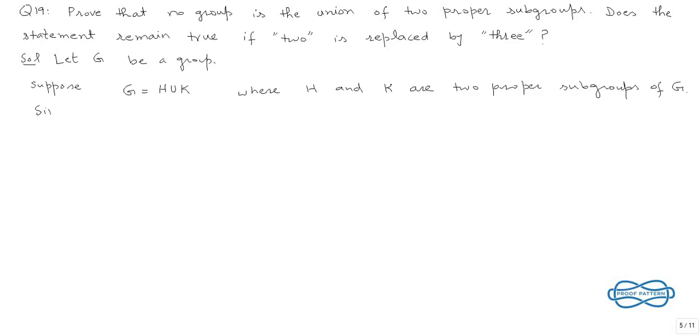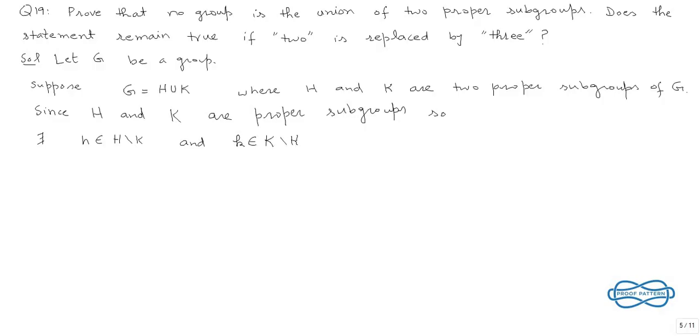Since H and K are proper subgroups, there must exist an element h which belongs to H but not K, and another element k which belongs to K minus H, means belongs to K but does not belong to H. Okay, these two elements,